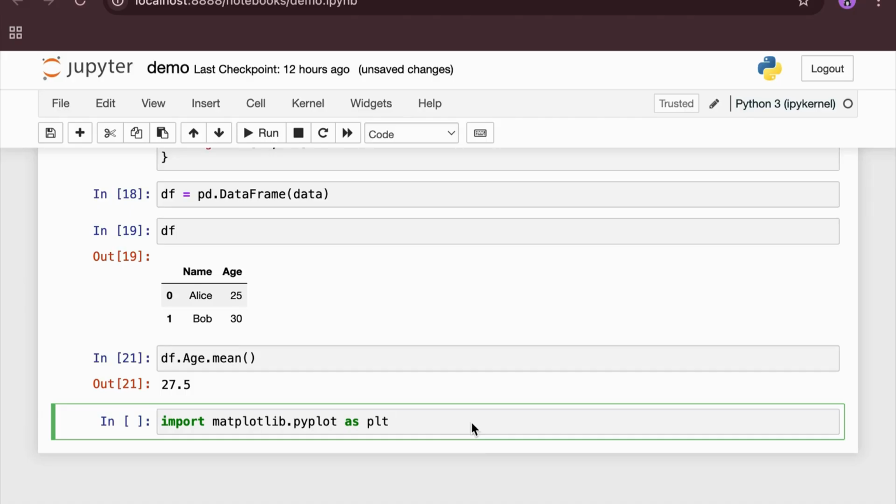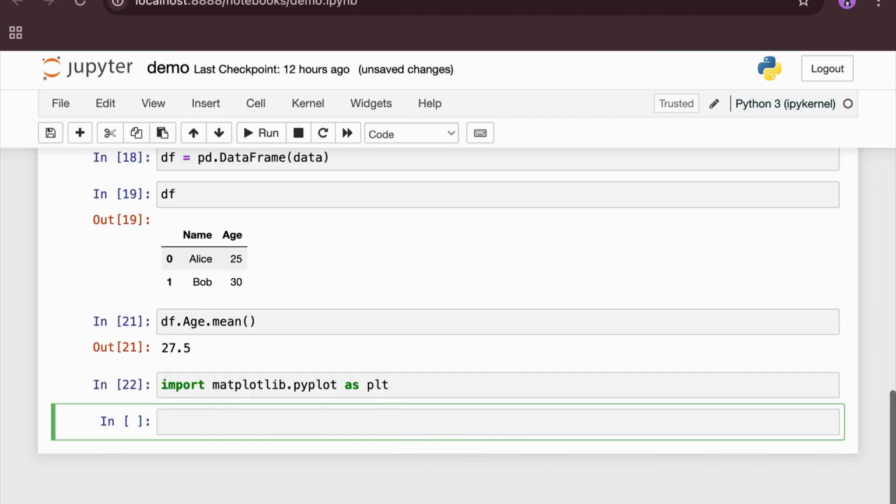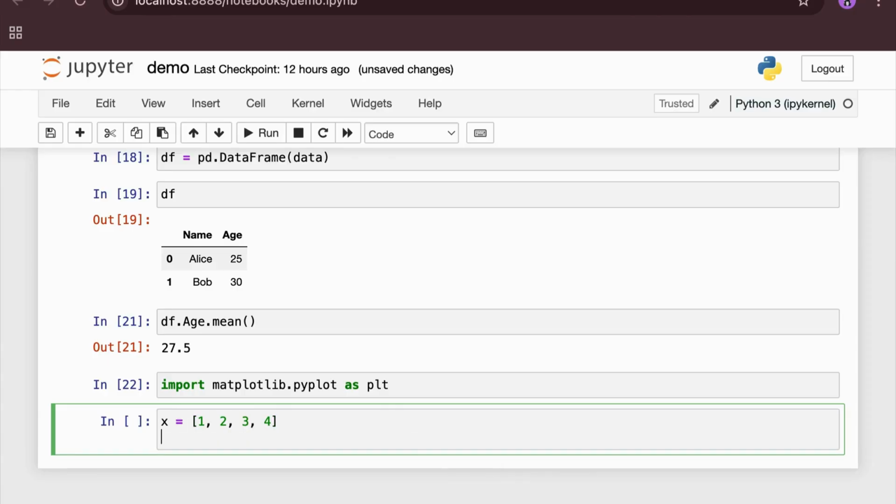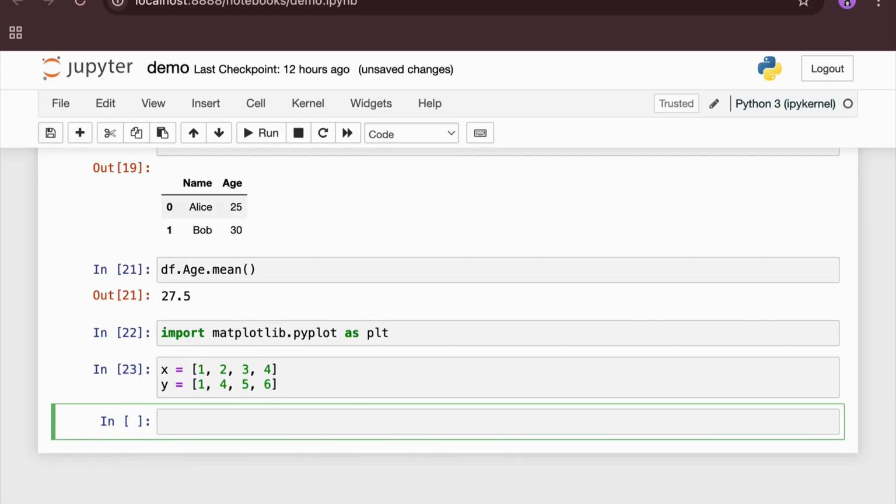So I've imported the library, and then I'm going to create two toy data. So let's say I have data in a list of numbers called x, and also another list called y, because I'm going to plot x against y. Again, just some random numbers. They're not real data. So now I have x and y, and I'm just going to plot x against y